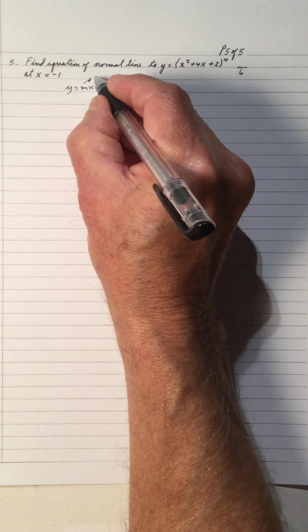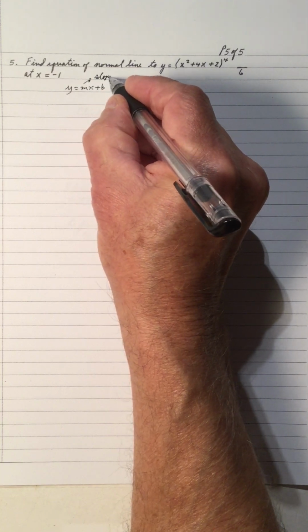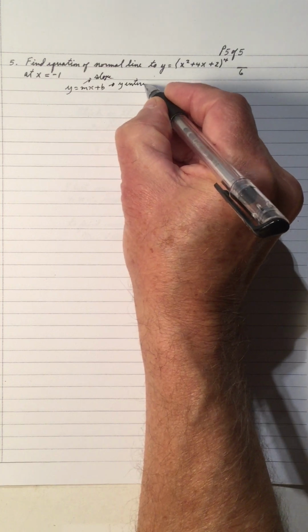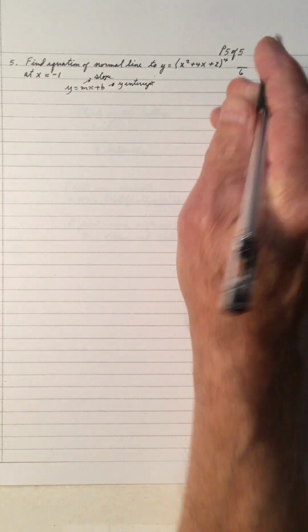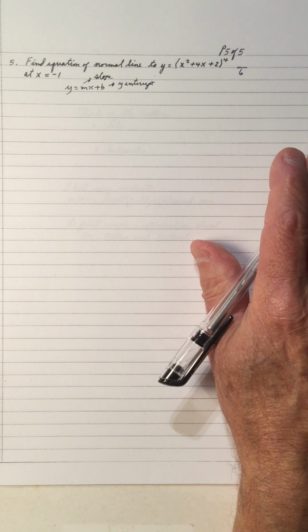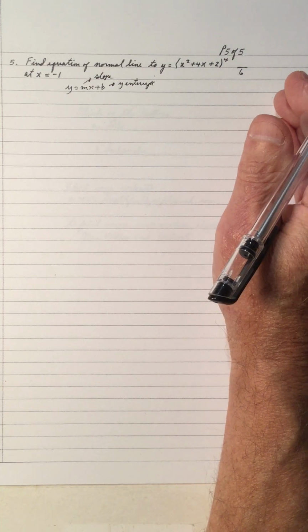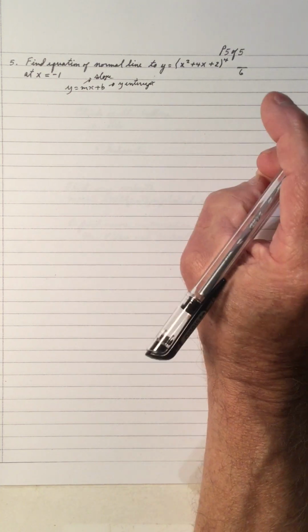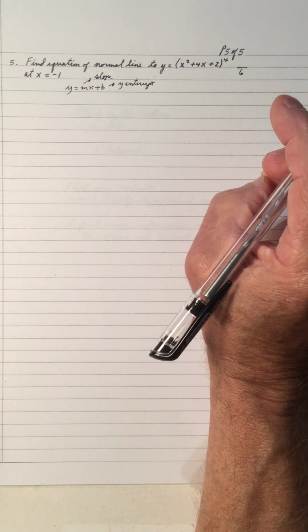So we need a slope and we need a y-intercept. To do that, I will get a point, and then I'll get my slope by doing the derivative, and then I'll plug my slope and the point into the equation of the line